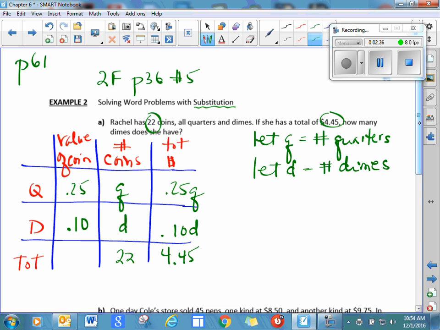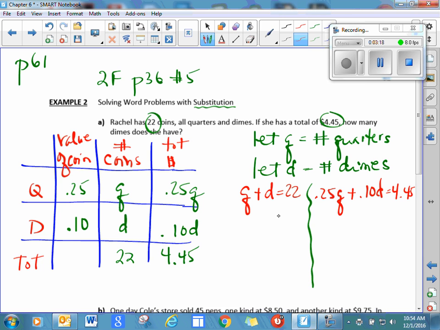So now that we've set up the chart, we can write our two equations. Remember, for substitution, we need two equations. So I'm going to break up my space here, and I'm going to do the equations. The first equation is going to be related to how many total coins I have. Q plus D equals 22. The second equation is going to have to do with the value of the coins. So 0.25 for the quarters plus 10 cents for each dime is going to equal